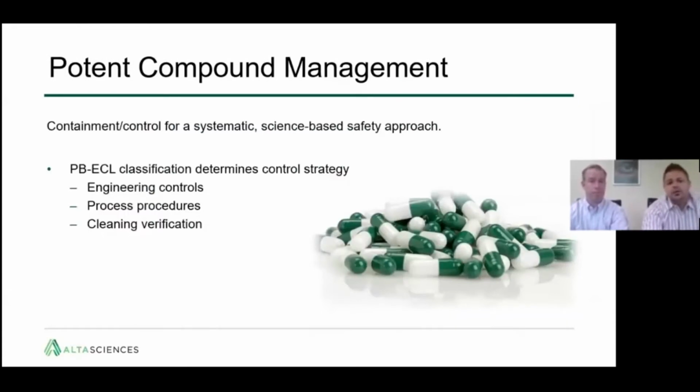So we really handle potent compounds here three different ways. The first one is engineering controls, and we'll talk about this more when we look at the diagrams of the room, but that's obviously pre-construction. We figured out what type of engineering controls we need for potent compounds. And that's going to extend, so engineering controls isn't just the room. More and more,